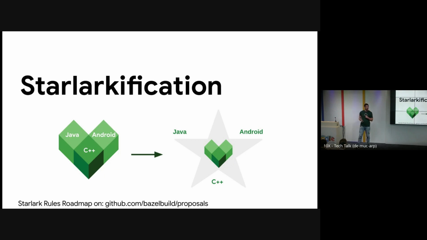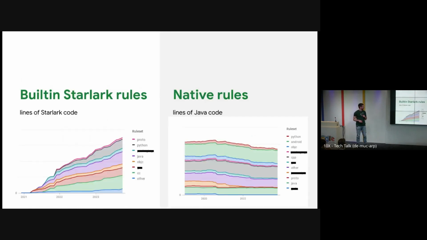Does anybody have any idea how many lines of code we are talking about when we are talking about native rules in Java? So its implementation is around 250,000 lines of code. Together with tests, it's 380,000 lines of code. Now, next question. How large do you think the sub-team at Google is that is doing the rewrite? Actually, there's 1 person per language, roughly. At best times, we had 2 persons per one language. But that was an exception.